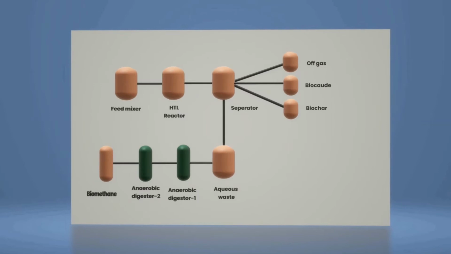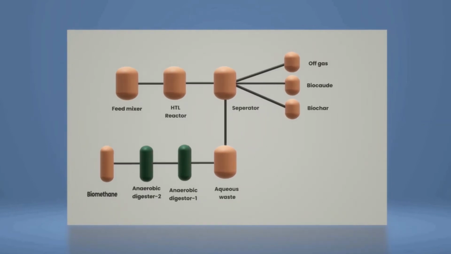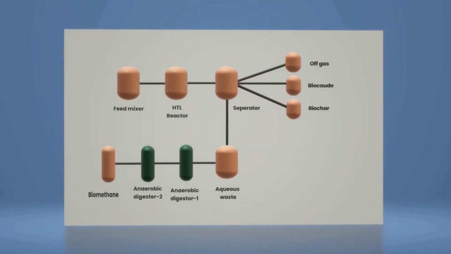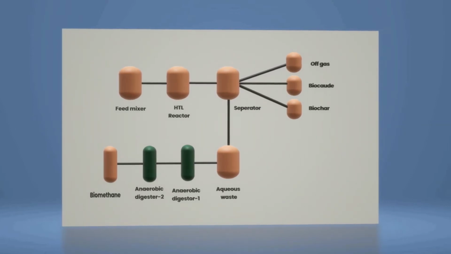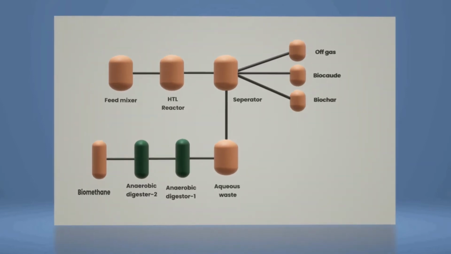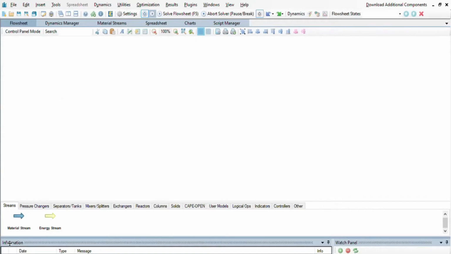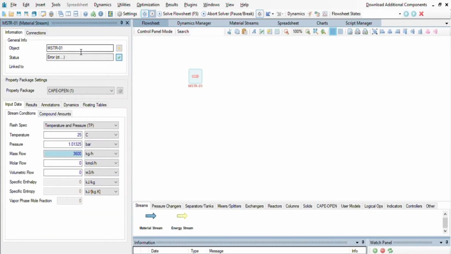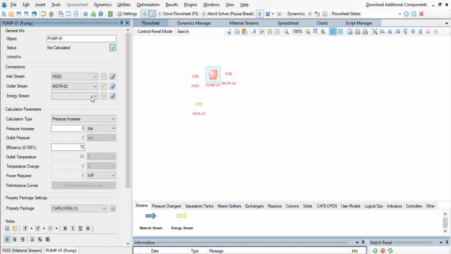So in order to address the problem of discarded bio-waste, we worked upon an industrial setup and tested it on DWSIM chemical process simulator. This industrial setup not only discards bio-waste but also makes the best use of it, producing a variety of products such as biocrude, which can be used to create various biofuels, and biomethane, which in turn can generate electricity or can be used as natural gas.